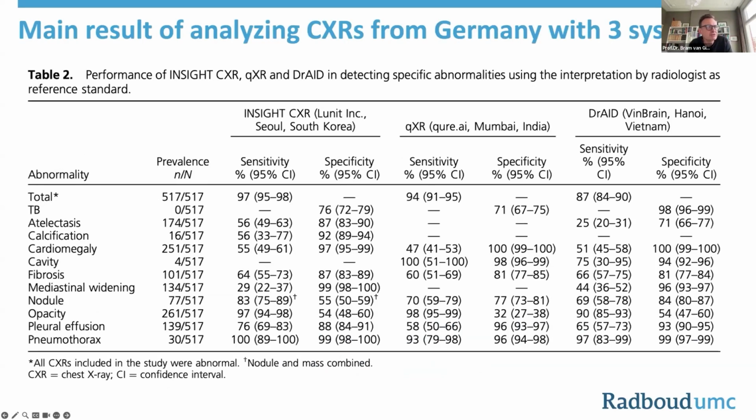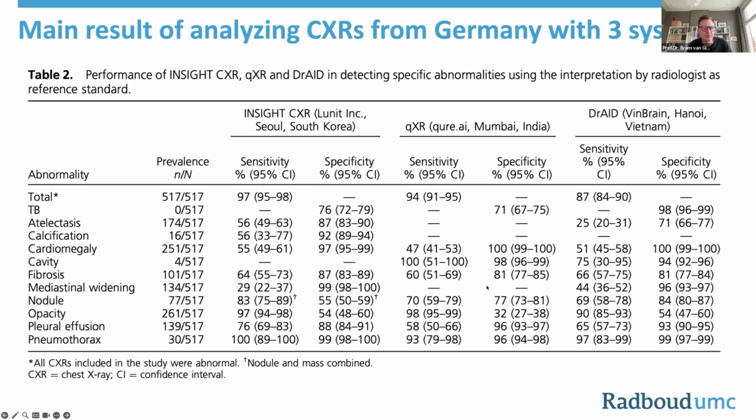They took images without chest X-rays, without TB. It was from Germany, where there is very little TB. And then they looked at the other abnormalities that were present on these X-rays, and they let radiologists read these cases. So they indicated that these findings, these abnormalities were present on a certain subset of these images. And then here you see the sensitivity and specificity of these 3 software packages that were analyzed in this study